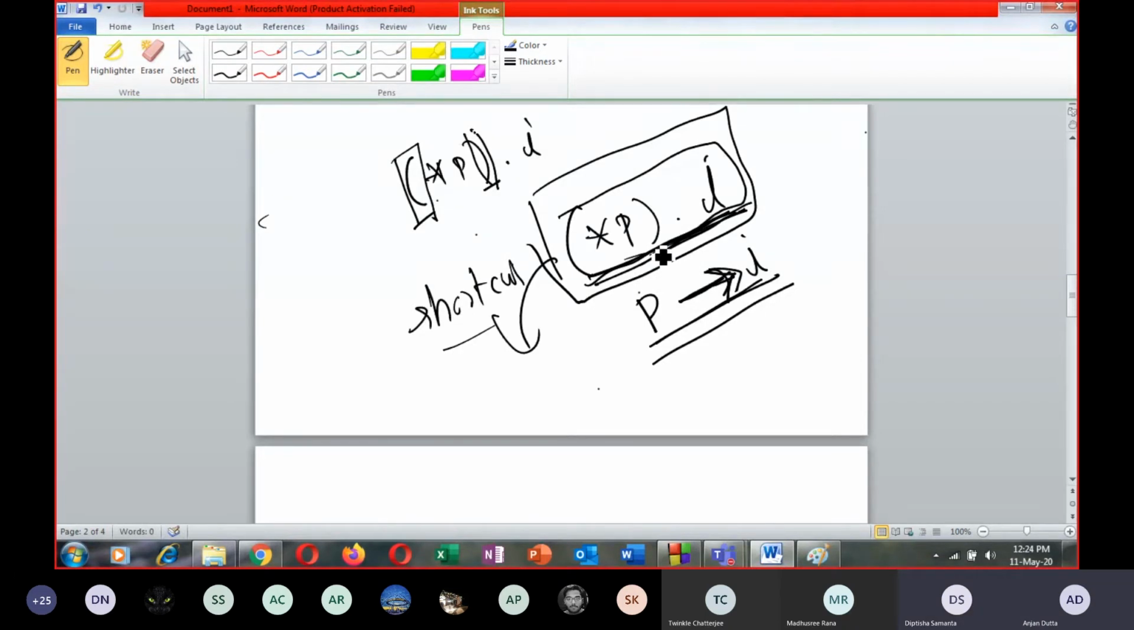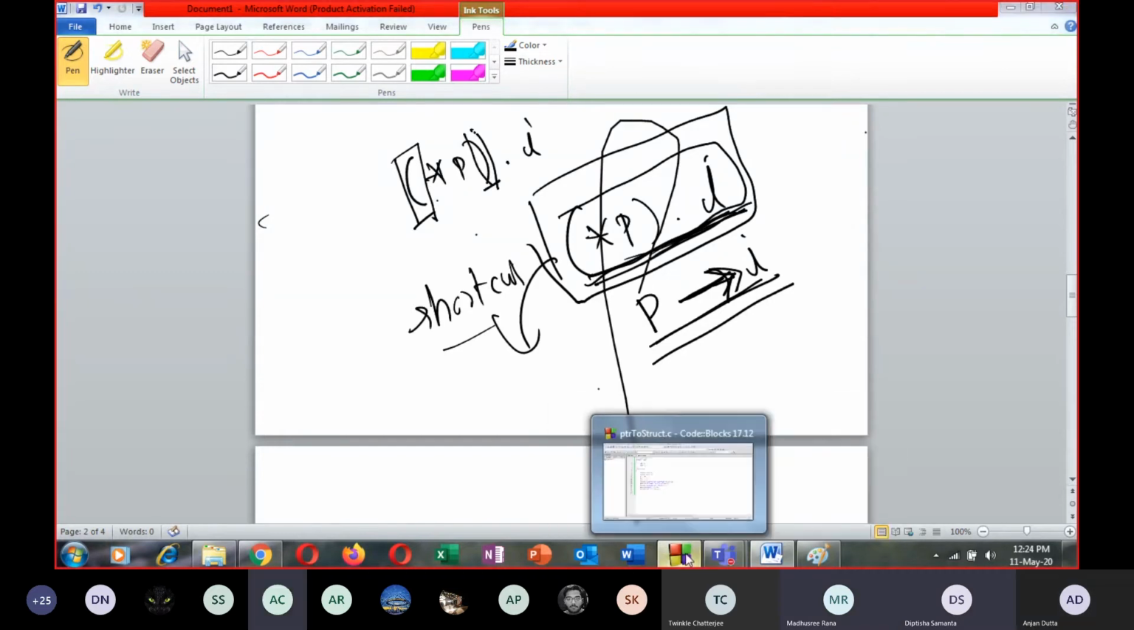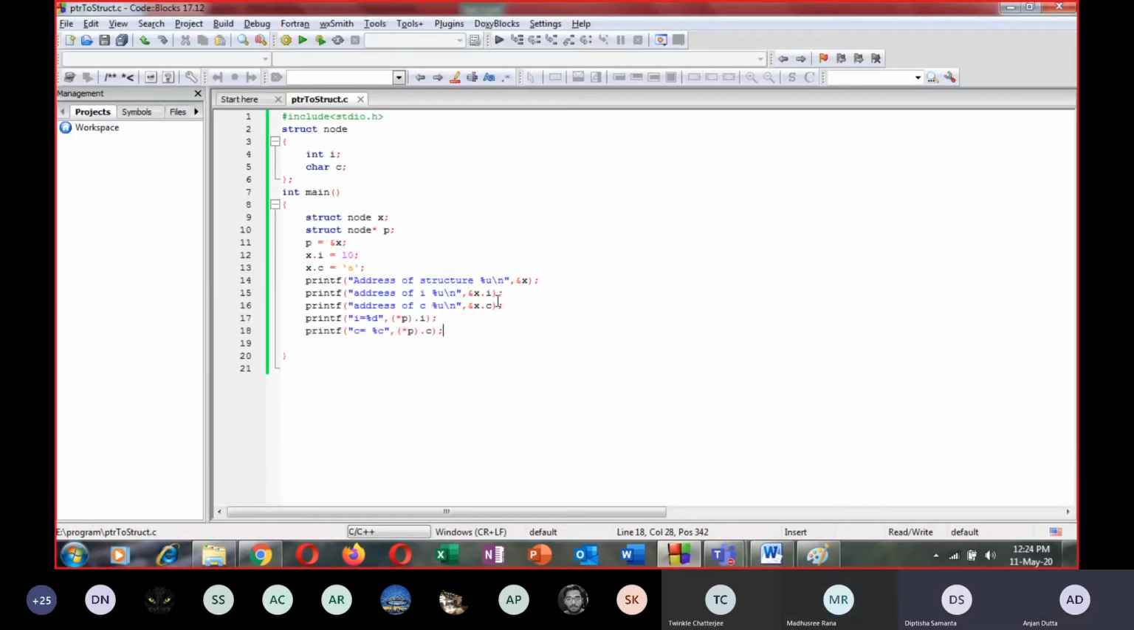Can you print p dot I? Sure. Print the address, p dot I means